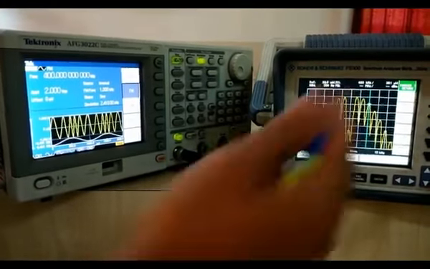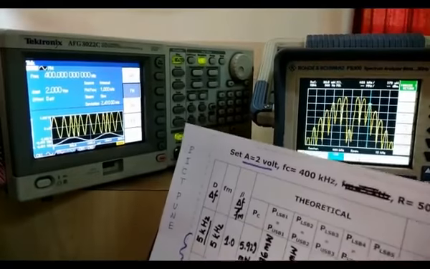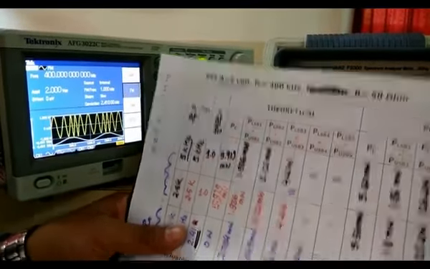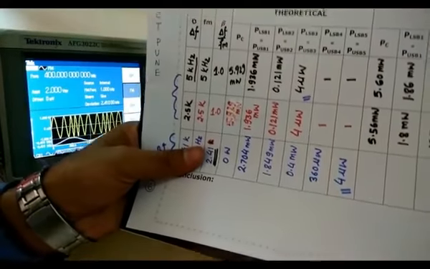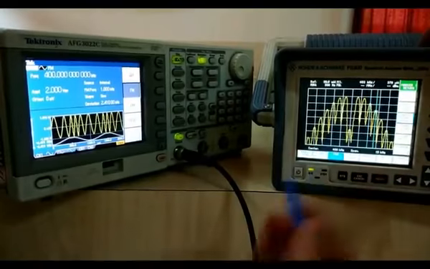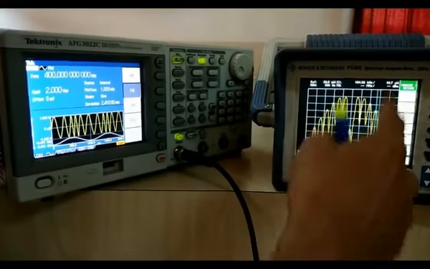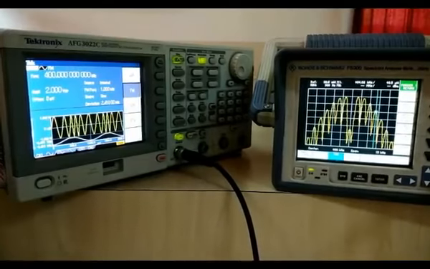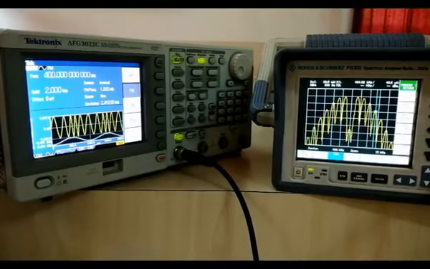So like this we can verify the third one. This is 380 microwatt, and in our case this is 0.4 milliwatt, that is nothing but 400 microwatt. And like this we can measure the sideband strength also. So if you see, this is the spectrum for the third case.